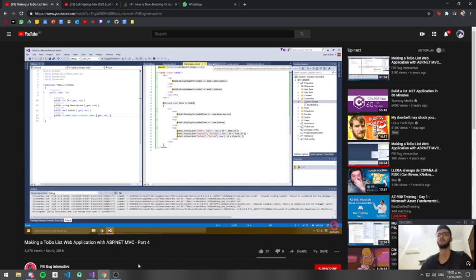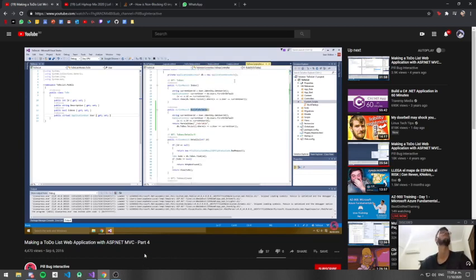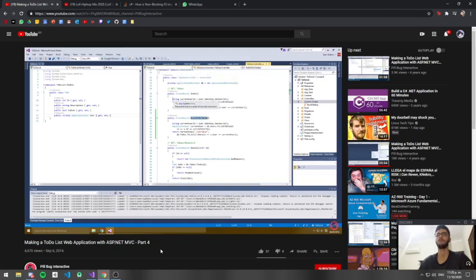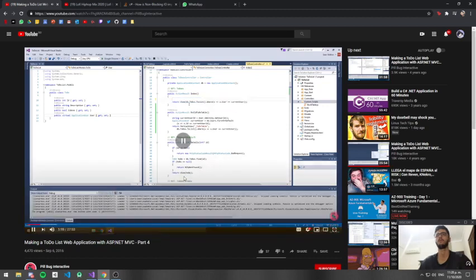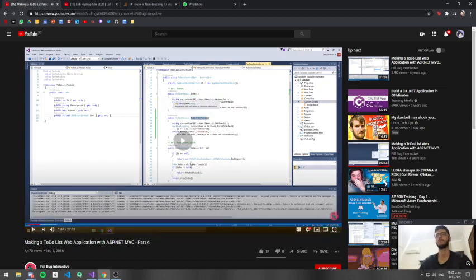The reason we're doing this is because we want to be able to add an item to the to-do list without going to another page, without refreshing the whole page, that kind of stuff. So that's what we're going to implement today. Before we start that, I had a thought about this bit here, what I've written before. There's a few things actually I can change here. Firstly, the index, we don't need to do this anymore because the index